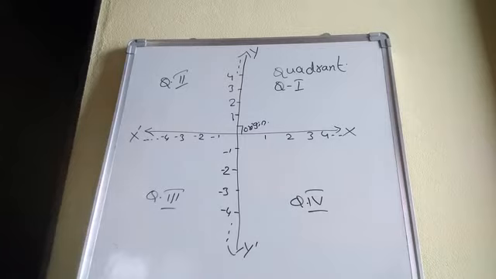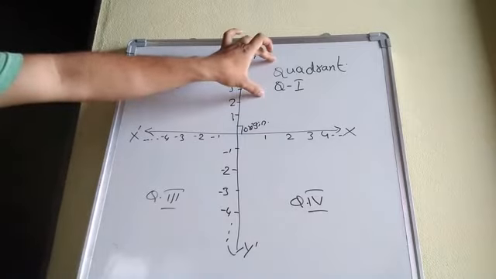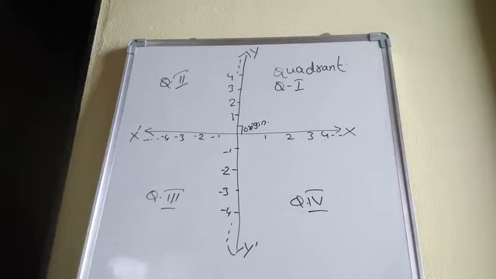Okay. So now in this quadrant, whenever we are representing a number, what do we require? We require two numbers, one related to the x-axis and another related to the y-axis. Whenever we are representing a point, the first number should be of the x-axis and the second number should be of the y-axis. It's compulsory, right?